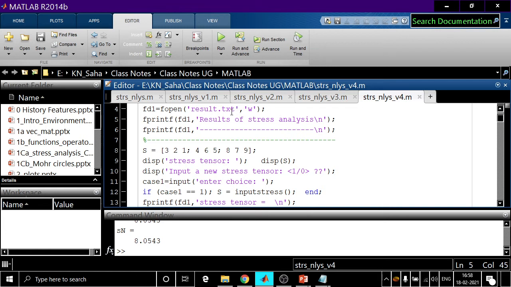So there are various other types of file extensions that we have mentioned also. Program files are .m. The environment file is .mat. The data file is .dat. You can read and write from XLS, that means Excel file.